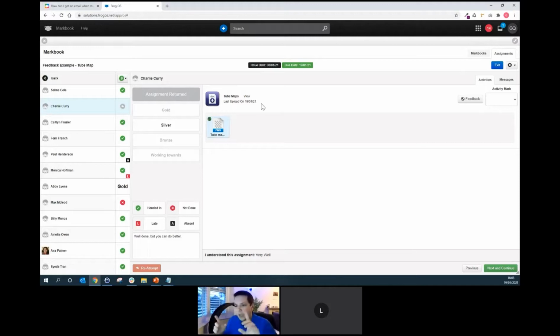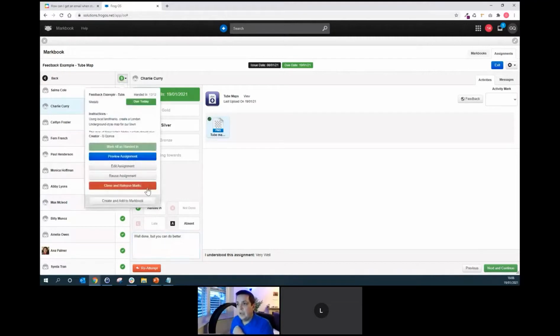But the other thing that I should point out is, say I'm happy with this and I'm going to mark it as handed in. He did do it a bit late, so I can put a late flag on that, or maybe he wasn't late. Maybe it was that he did it afterwards. So I'm still going to give him a mark for his work, but he handed it in. It was set when he was absent, so he had to catch up and do that work later. Charlie is not going to see this comment or this mark until I close and release marks for the whole